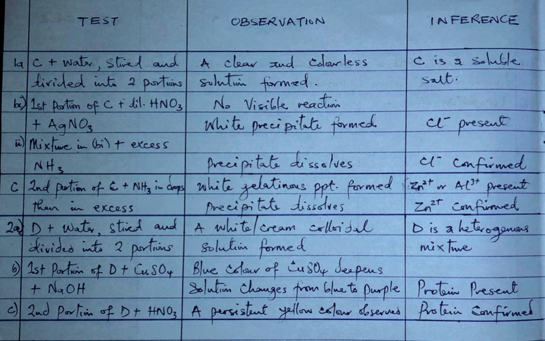If you add copper sulfate to a solution that contains protein, and then sodium hydroxide is added to the solution of copper sulfate and the substance that contains the protein, a purple color will be observed. In fact, for the sake of question 3, which may ask more on the Biuret test and all those, which I suspect,